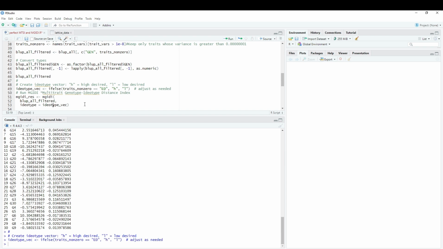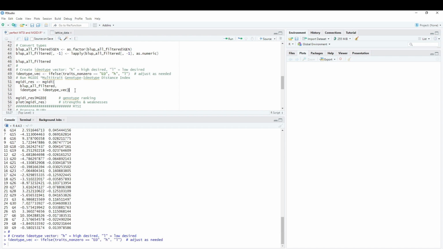Because we have only two traits. If you have more than two traits, let's say 3 or 4, it should be like that: high, low, high, low, high, low, or maybe it should be 3, but we have only 2, so I provide two. That means ED takes the high and the grain yield takes the low. That's my point. Then let's run